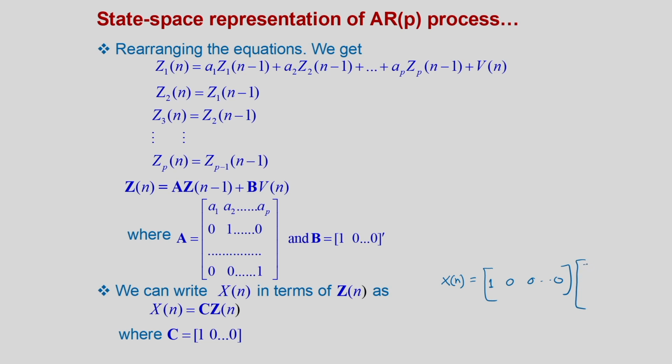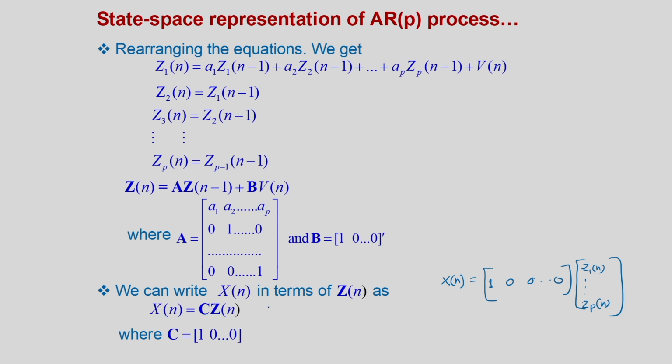Zn vector is Z1n like that up to Zpn. So, if we multiply these two matrices, we will get xn is equal to Z1n. That is exactly what we have shown earlier, Z1n is equal to xn. That way we can write xn also, that observed data also, in terms of the state variable, that is C times